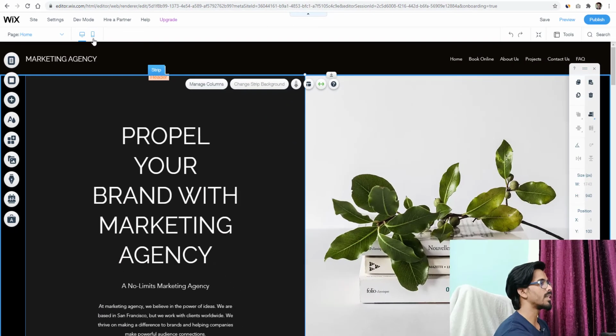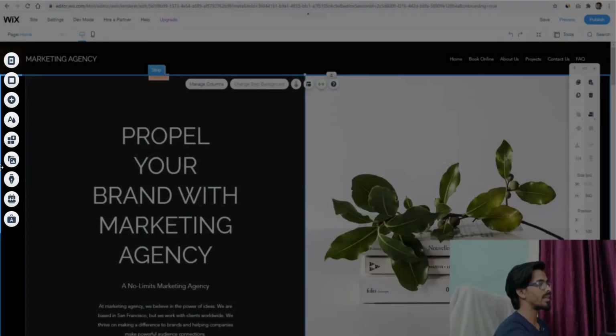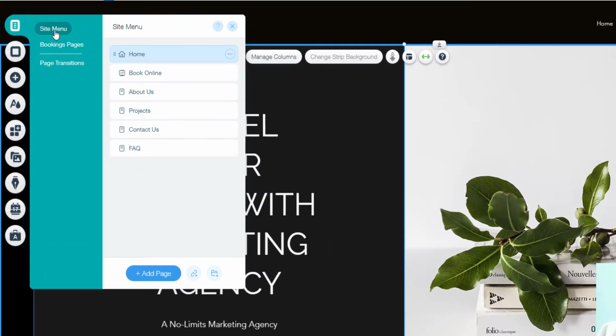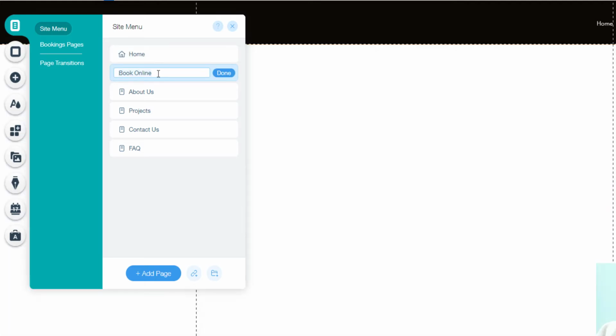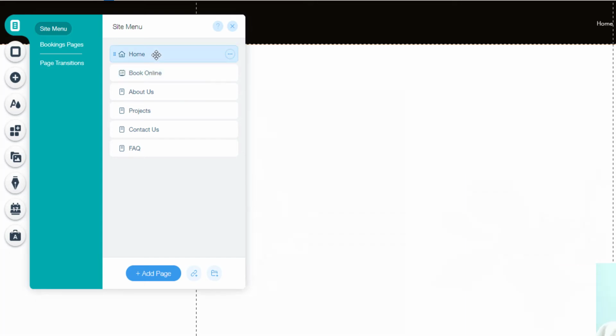Here is the option, and this left bar is the main thing through which you can edit your website, you can add all the elements. So first one is menu and pages option, in which you are seeing all your pages here. If you want to edit any of your page name, just double click here, and you will be able to edit your page name. And if you want to see more settings of the page, just click on done here. After that, we will move back to our home page and then see more options.